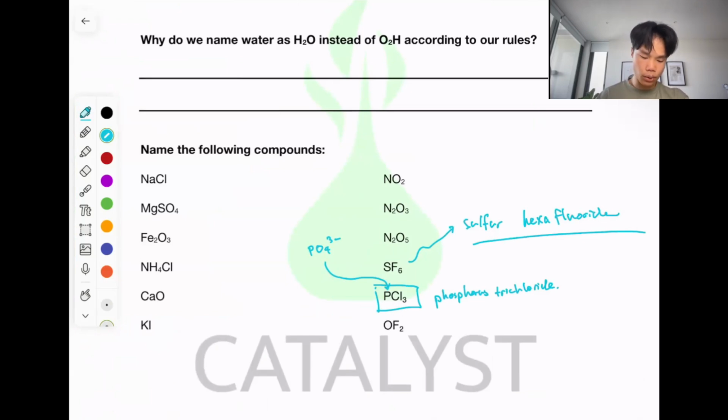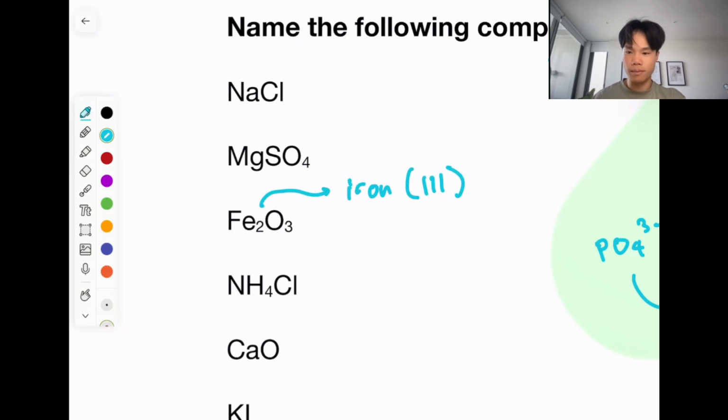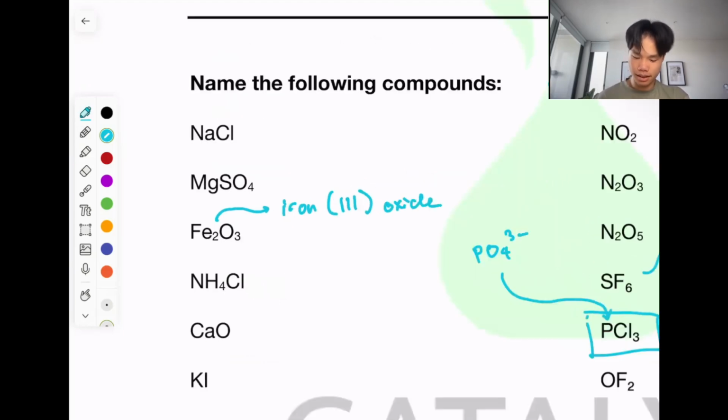And then you'll notice for all of your ionic compounds, you don't need any prefixes. So for example, if you had iron oxide, that's all it is. Iron, you might want to specify its valency. So if you ever see Roman numerals in a bracket, that's just referring to the valency of a transition metal. Iron(III) oxide. You don't need to say di-iron trioxide. You just say iron oxide. Okay,